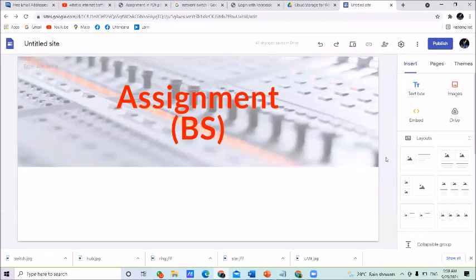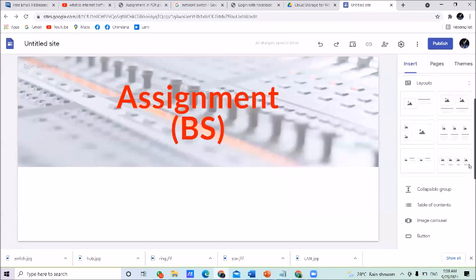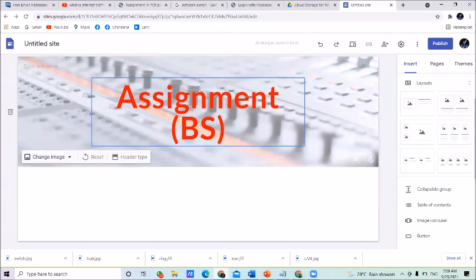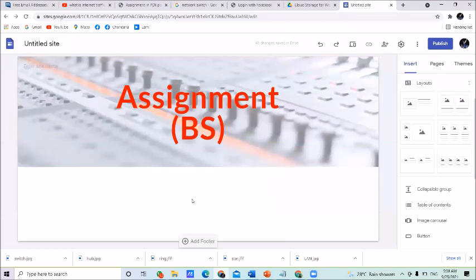Then after this background area, the area below is the place where you are going to insert your information. This is the first page, the assignment business system title page. In this page, you want to input your personal details also.